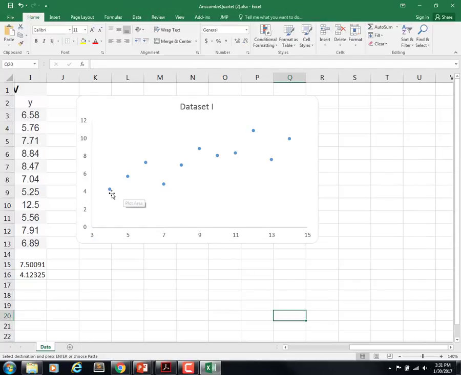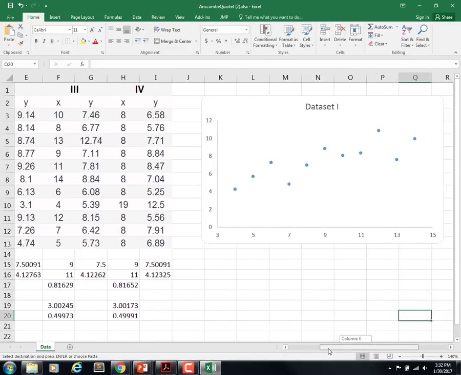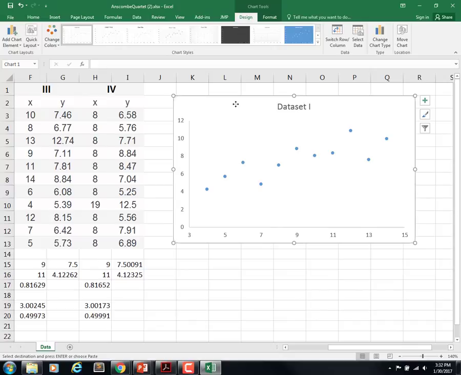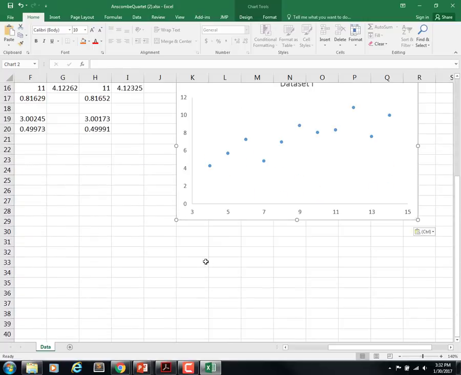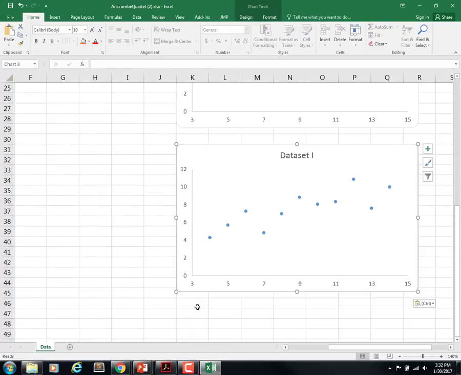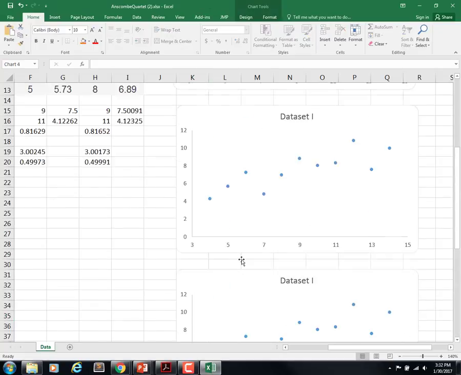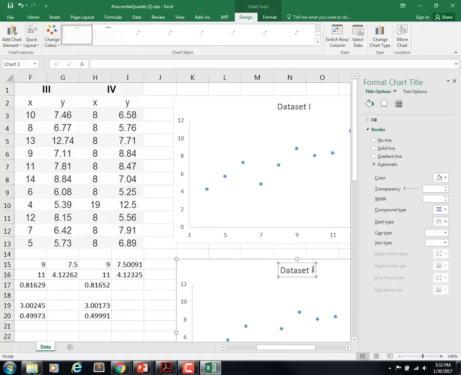So looking at this, right, it looks like there is some kind of linear trend going up at about half a unit, right? And the data kind of fall around what looks like an upward linear trend, which is what we would expect from perhaps that intercept and slope equation out here. Now I'm going to Control C, come down here, paste. I'm going to do that 3 times, and then what I'm going to do is change where it's pointed to for each one. So this is data set 2,